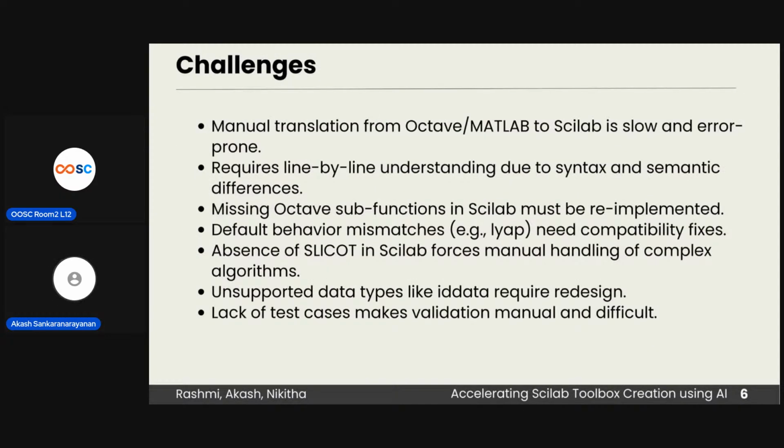During this process, we encountered several challenges. Manual translation is slow and prone to errors because Octave and Scilab have different syntax and semantics. We need a line by line understanding. Some subfunctions in Octave are missing in Scilab, so we have to re-implement them manually. There are also